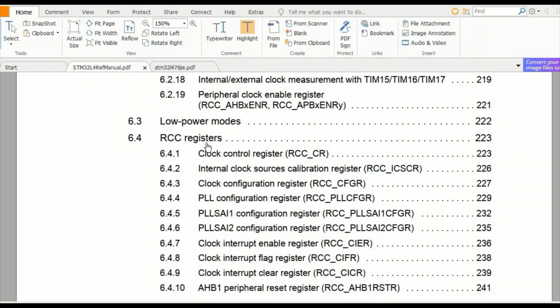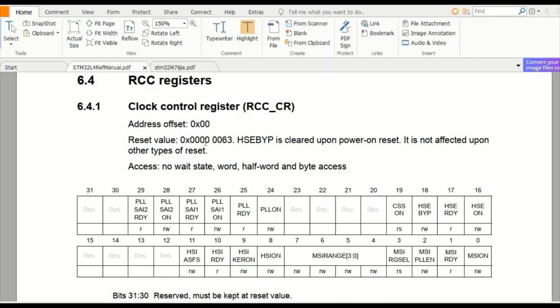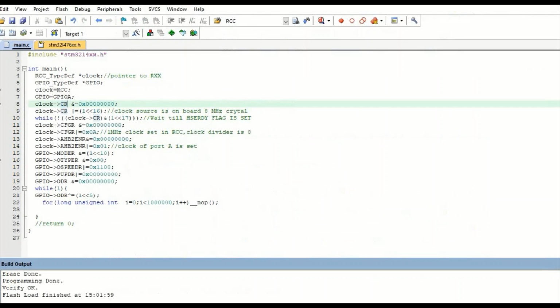These are the registers. The first register we have used is CR. Look at the code.